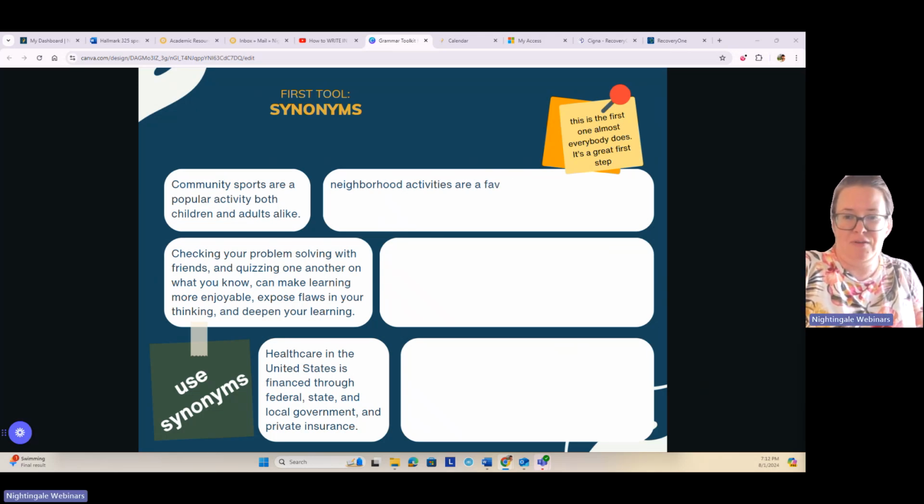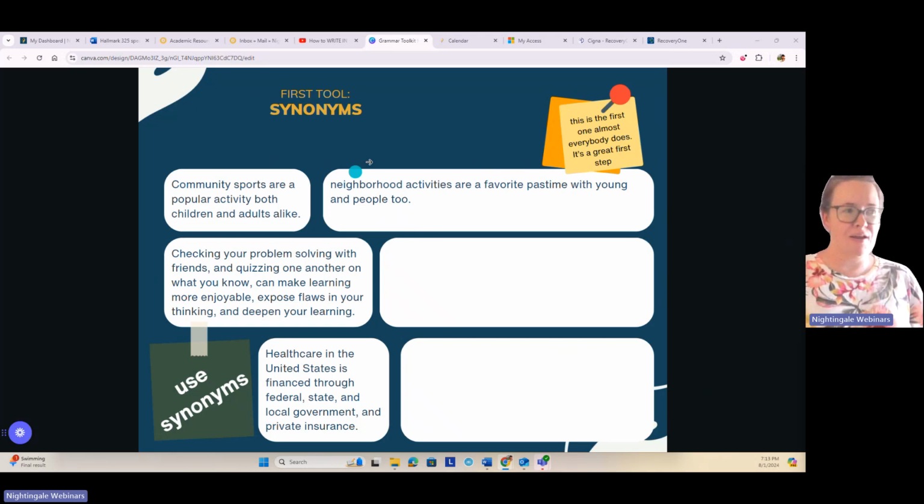Okay, favorite, sure, favorite. Activity, pastime. Both children and adults alike. I don't know how to spell pastime, apparently. Pastime. With young and old people, too. Okay. So we've changed almost every word here.